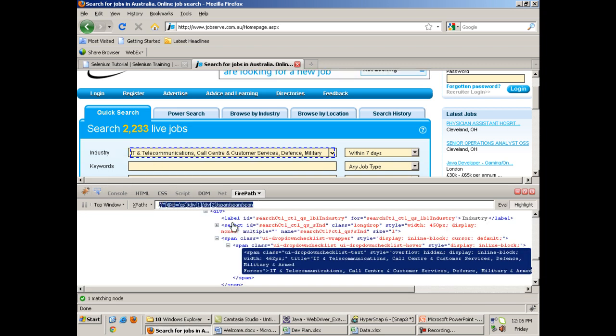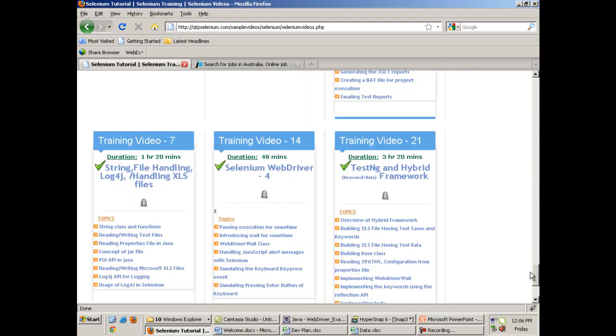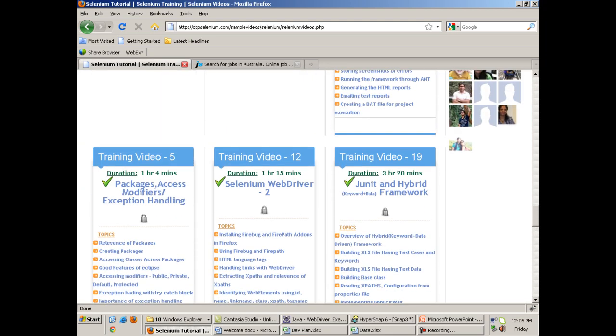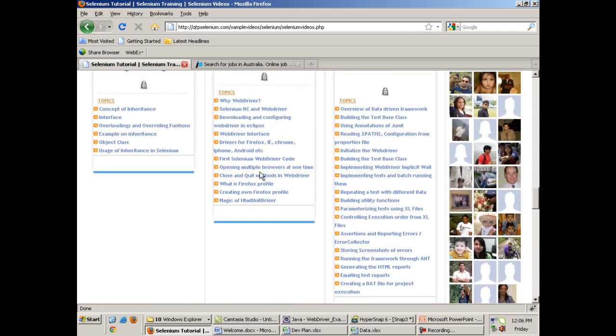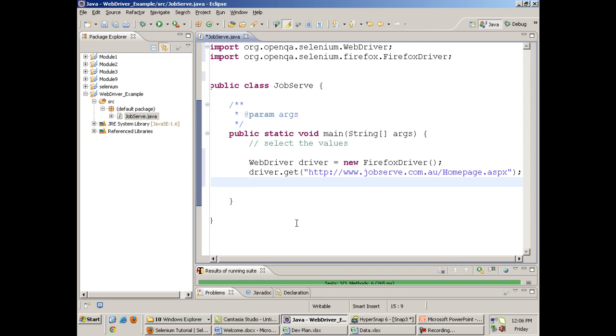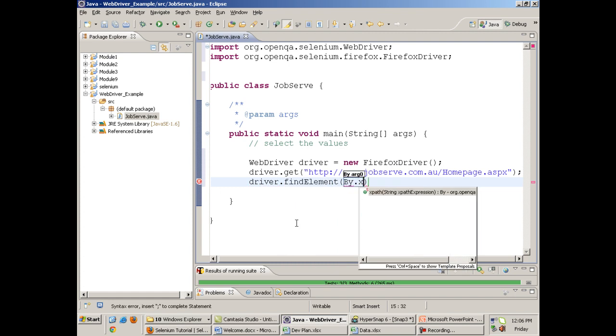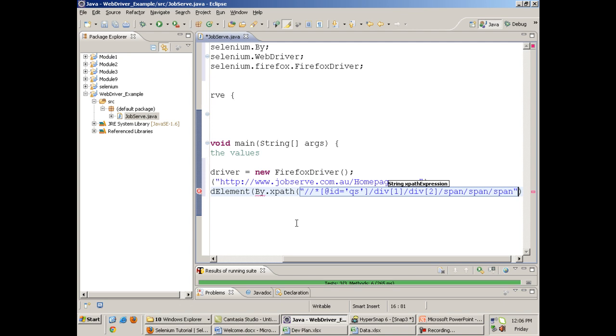I take this XPath with the help of Firebug. In module number 11, I had explained how to configure Firefox and Firebug along with Firepath. So I will write driver dot find element by the XPath, and I'll give the XPath here.